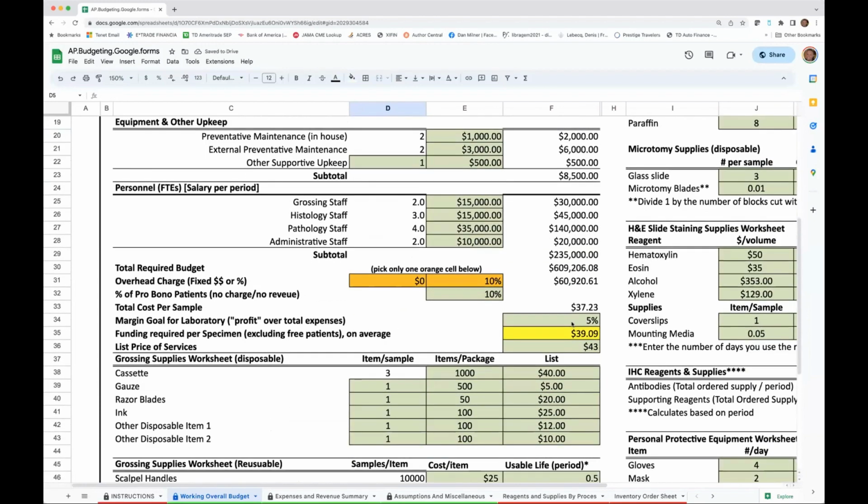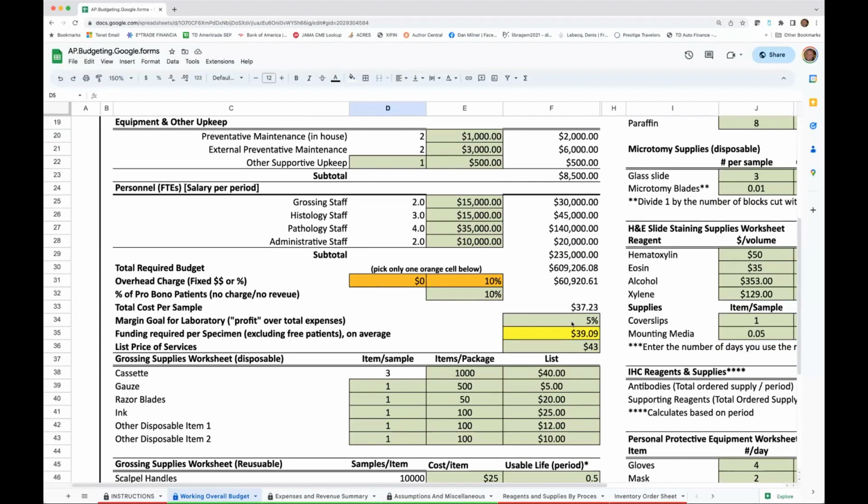Now it's only $39. It's very close to $42. So this is that economy of scale. This plateaus eventually, and I'm going to show you that in just a second in a graphical model. This plateaus. And so where we need to move a laboratory, any laboratory, is to that plateau point on the curve. And given the pricing structure that we have in this, as we've had it set up, that model works